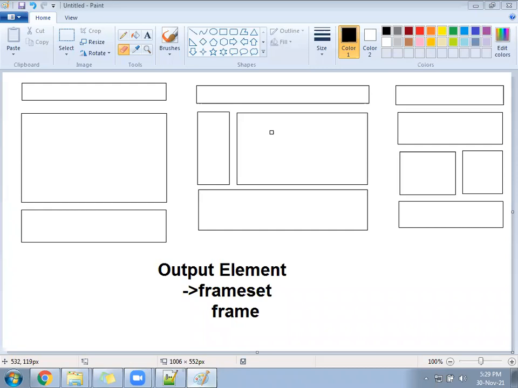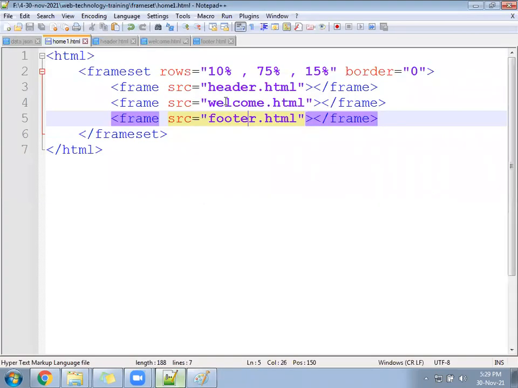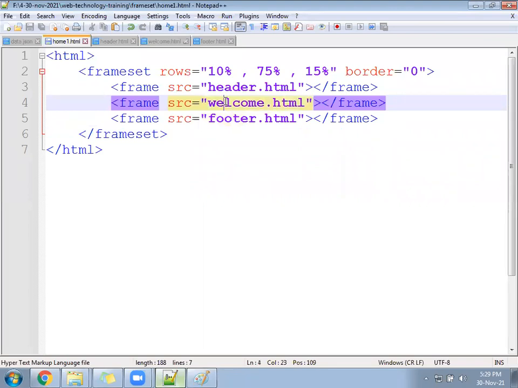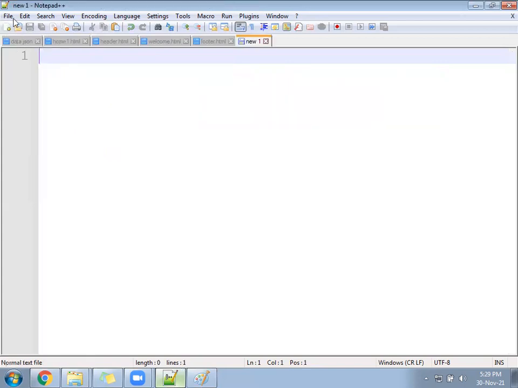Okay. So in this, you are going to see the row and column both. Your header file remains the same. No changes in header, no changes in footer, no changes in the welcome. These 3 files we are going to use the same. We are going to create one more file. Instead of home 1, we are going to create home 2. Under home 2, the design will be different, but the header, footer, and welcome files remain the same. So create the next file, home2.html.